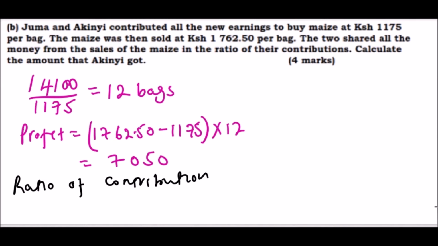You find that Juma contributed 8,400, and Akinyi contributed 5,700. So when you simplify that, you get 28 to 19. So it means Akinyi got 19 out of, if you add 28 plus 19, that will give you 47. So this means that